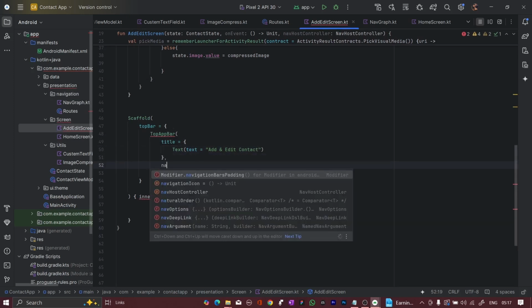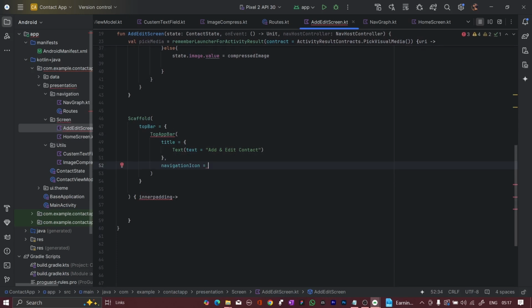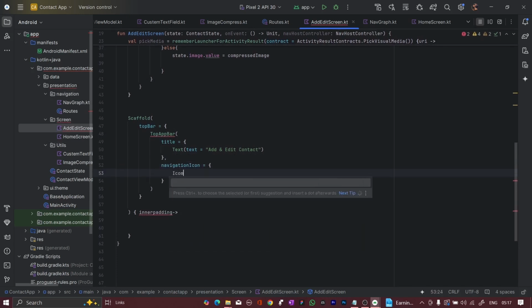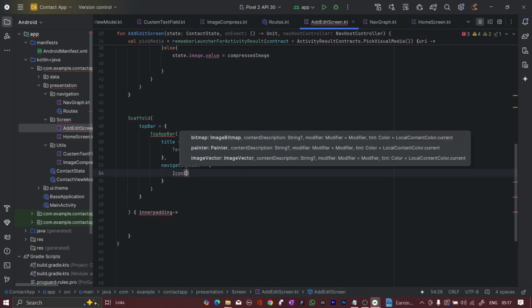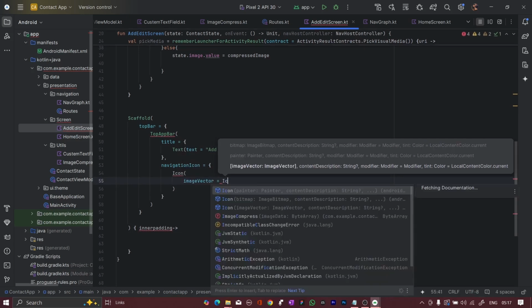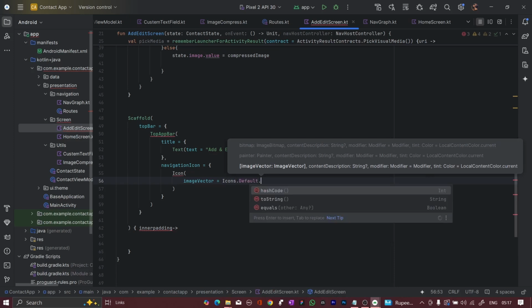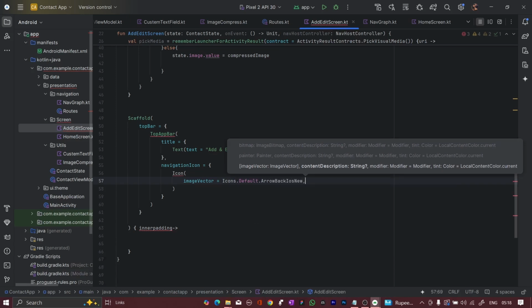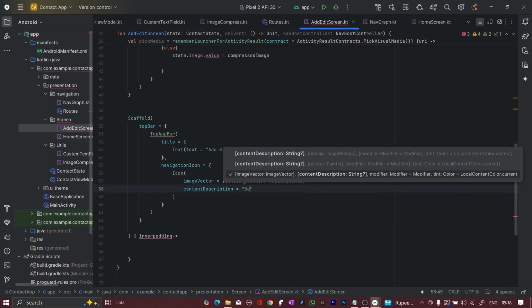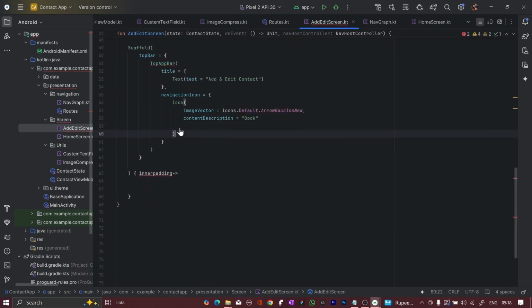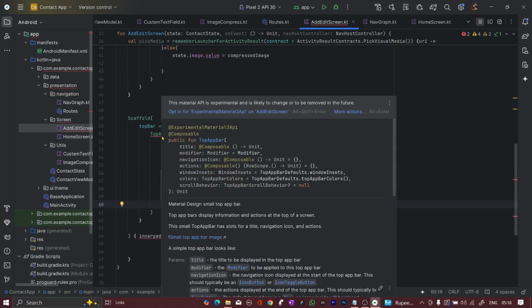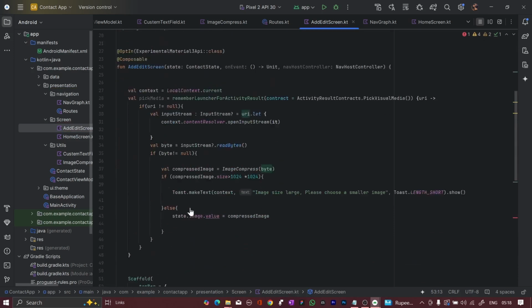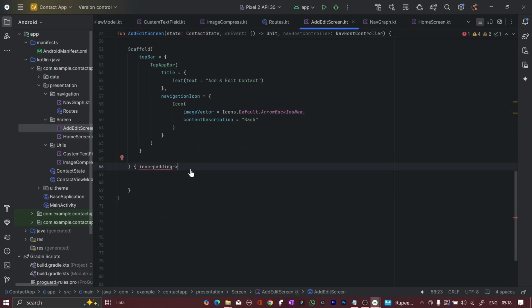Now outside of it what we are going to do, navigation icon is equals to icon image vector is equals to icons dot default dot arrow back iOS news comma content description is equals to back. Okay, so that's we have done. And then why it is showing the error? Okay, experimental API कॉल करना था हमें, राइट? सो ये हमने कर दिया, एंड देन पैडिंग वैल्यूज हम लोग देने वाले हैं यहाँ पे। इन पैडिंग के अंदर